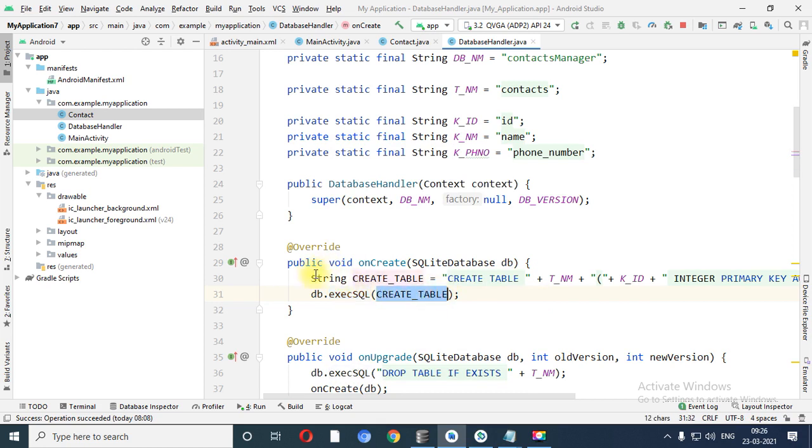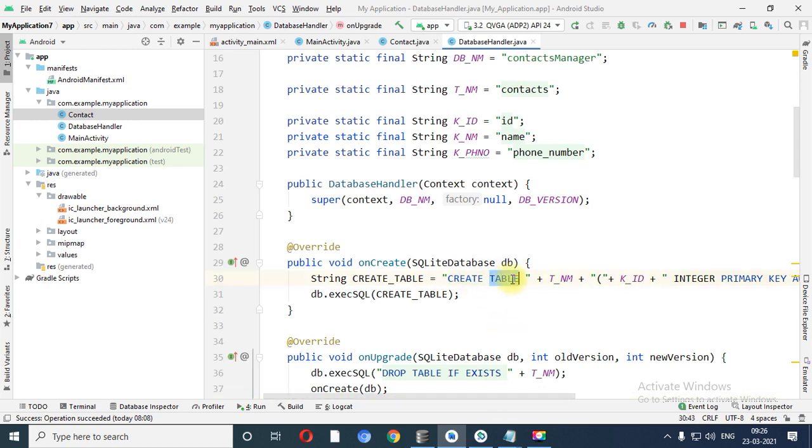This is the string variable which we have declared. You need to take care while writing any query. If you don't know how to write queries in Oracle, then you need to learn, and only then are you able to develop a connectivity application in Android Studio. So the syntax you need to follow.